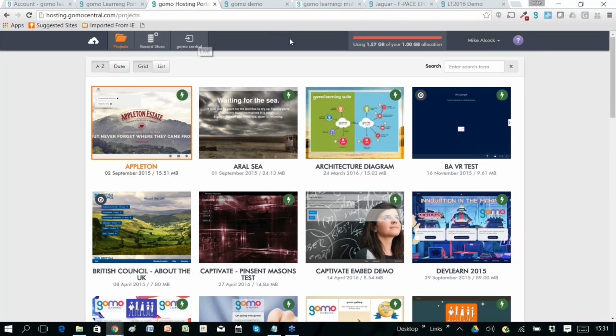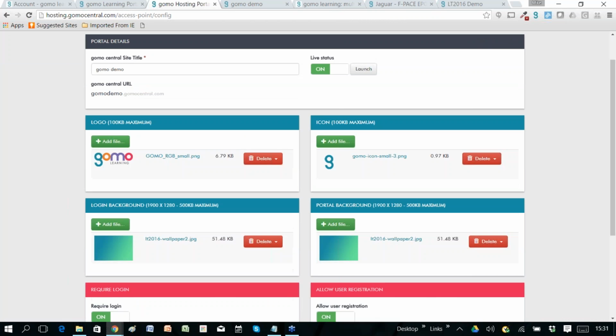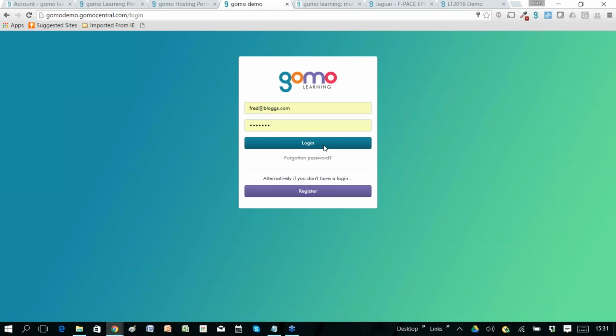You can distribute your courses via Gomo as well, because it's already in the cloud, so you don't really need to re-upload it. First method to look at is Gomo Central. This is our online portal. You can brand it up with your own logos and colors and screen backgrounds. If I launch my Gomo Central, it looks like this, and I'll just get Fred here to log in and